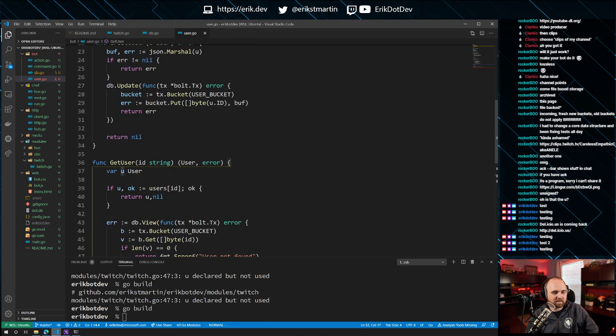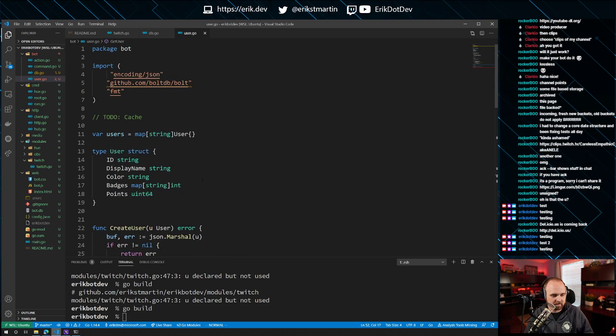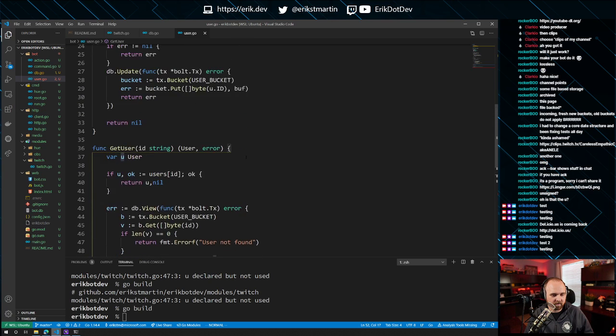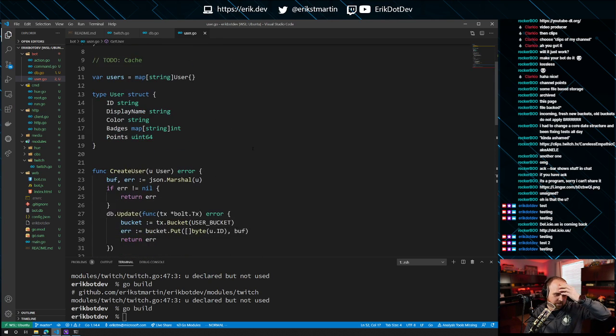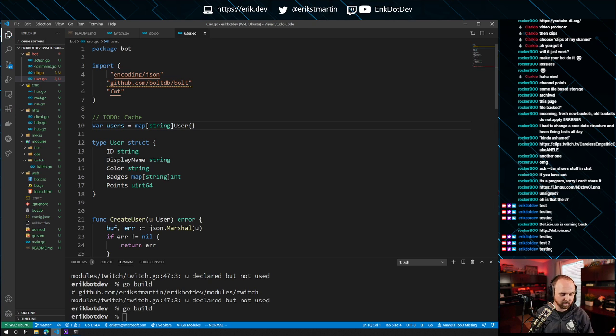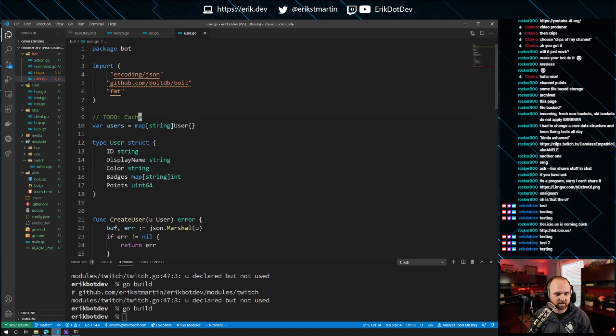I kind of feel like we should be using pointers to this person now, because we're going to have some concurrency stuff going on eventually. So we have our cache, and I have this to do here, and we may be thinking, okay, we have the cache, we should remove the to do. I don't want to do that, because what I want to do is